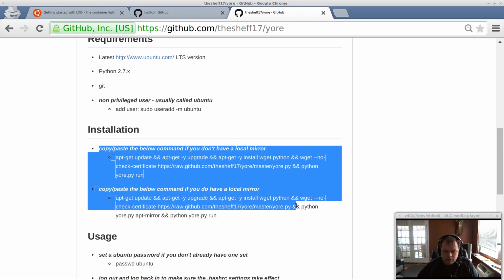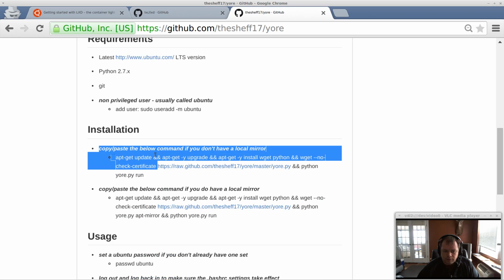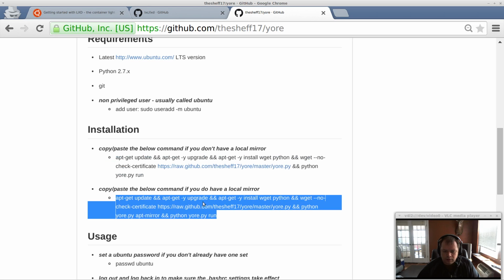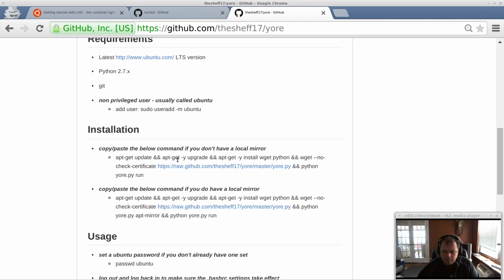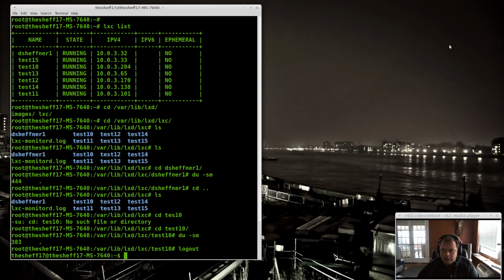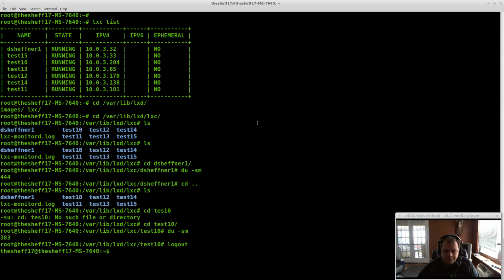So these are the two installation commands. One, if you don't have a local package repository, and one if you do. And the one if you do is significantly faster. Both these still require access to the internet, but this one will get your packages from a local mirror and speed up things considerably. So I'll show you how to do that on these